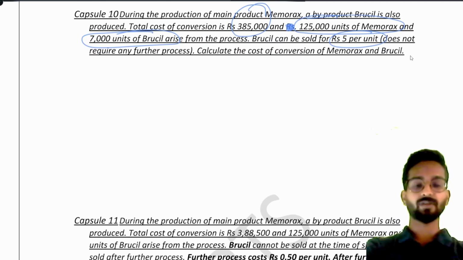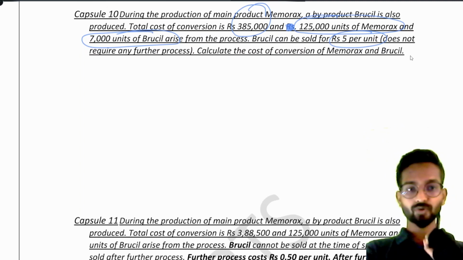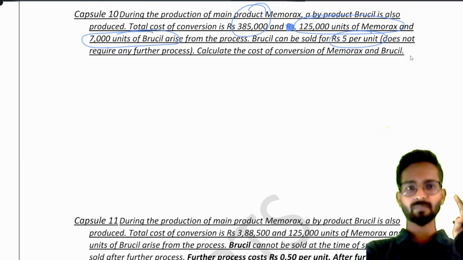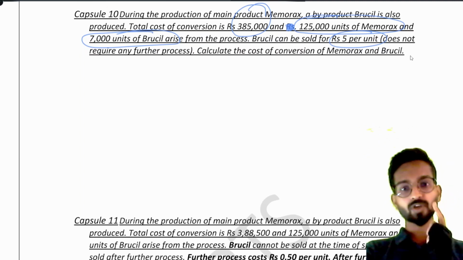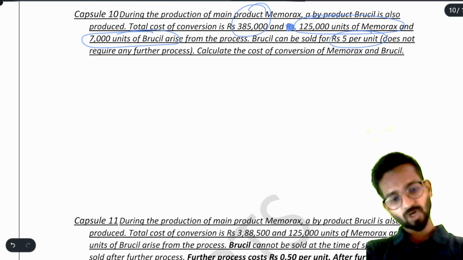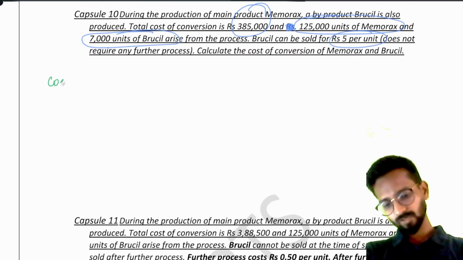Now understand what is happening. The total cost in our factory was 3,85,000. We produced Memorex, and the byproduct I got is Brucil. Remember this, byproduct is always profit. At whatever price I am selling the byproduct, that is always profit. So I will remove that profit from my main cost. Now tell me how much is my main cost? You will say, sir, your main cost is 3,85,000 rupees. So I am writing here that cost of